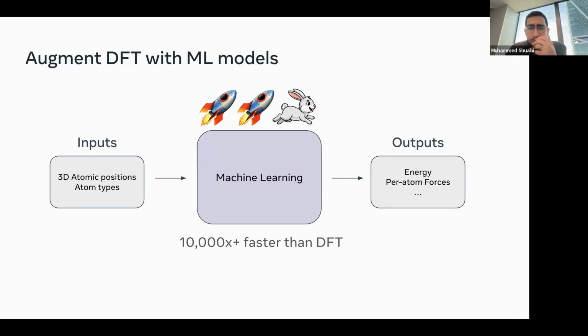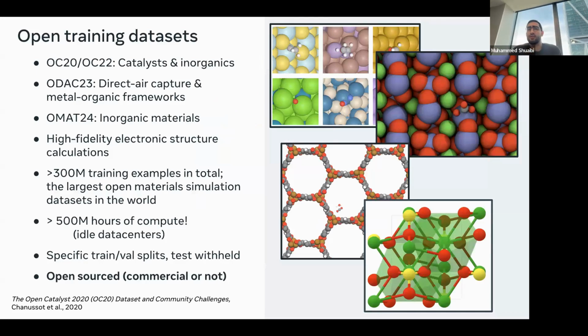And this gets you to the point of, okay, now that we have really fast models, can we study the science much more effectively? And of course, to build these big machine learning models, you need a tremendous amount of data. I'm not going to go through all of these, but this is to give you a sense of you need lots of training data to do this. And what we do here is we use that computational tool I talked about, the DFT. We run that on Meta's tons of servers. When they're not running ads for your platforms, we can use their idle capacity to generate training data. So here we've generated significant amounts of training data across different domains. And this data is key to building these models and studying that reaction.